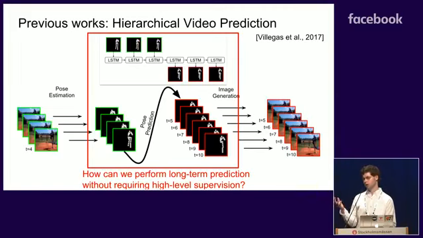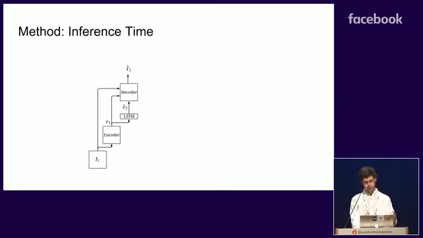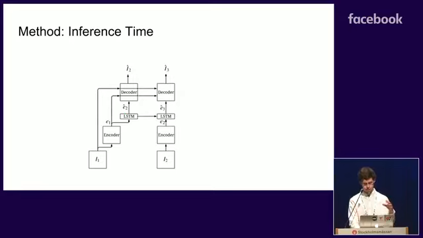So for our work, we look at how we can take such a hierarchical long-term video prediction method and train it without supervision. At inference time, we take our first image and encode it with an encoder network to produce a one-dimensional representation of this image. Then we predict what that encoding will be at the future time step using an LSTM. Finally, that prediction is decoded to get the prediction of the image frame. Notice that here our decoder takes in the first frame and the first encoding, so the predictor network doesn't have to represent information that is already contained in the first frame.